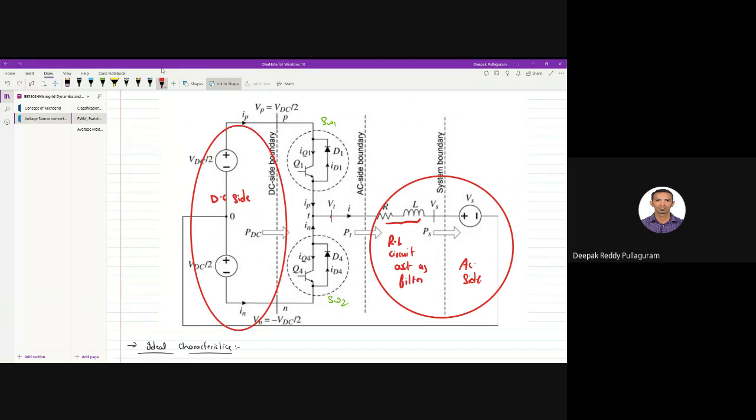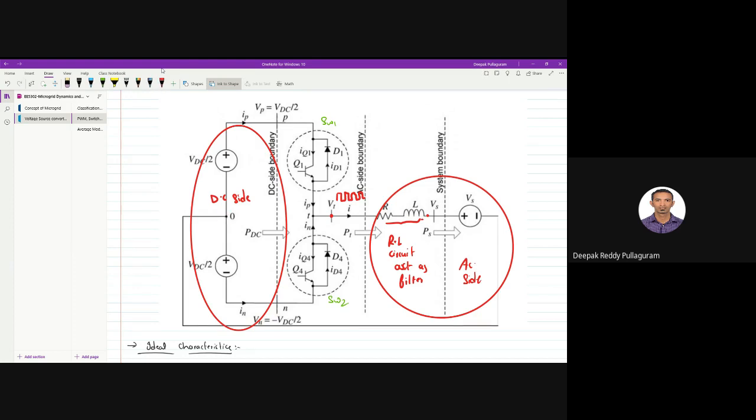Why? The reason being, the voltage we get here is in pulse nature. Once it is passed through the RL circuit, the voltage and the current flowing through this will be non-pulsed, more or less like a smoother waveform, because inductance doesn't allow sudden change in current. It filters out the harmonics indirectly. So that's why we use the RL circuit here. For simplicity, for the sake of connectivity, we connected the other side of the AC point to the 0 point at this DC. Okay, this is the connection.